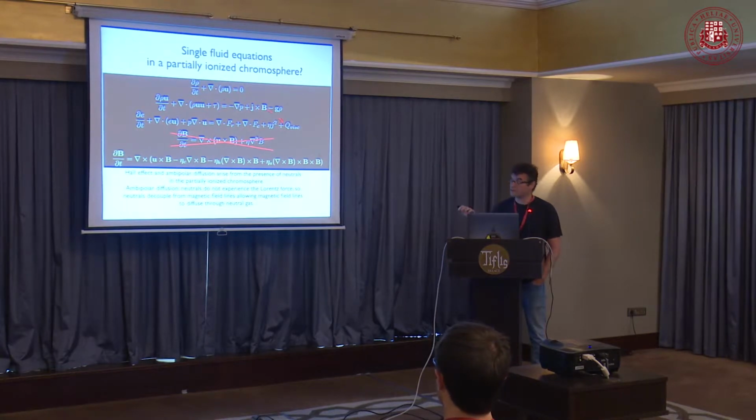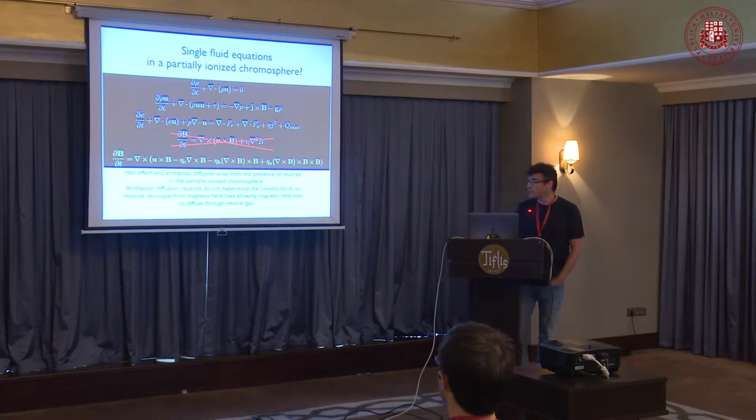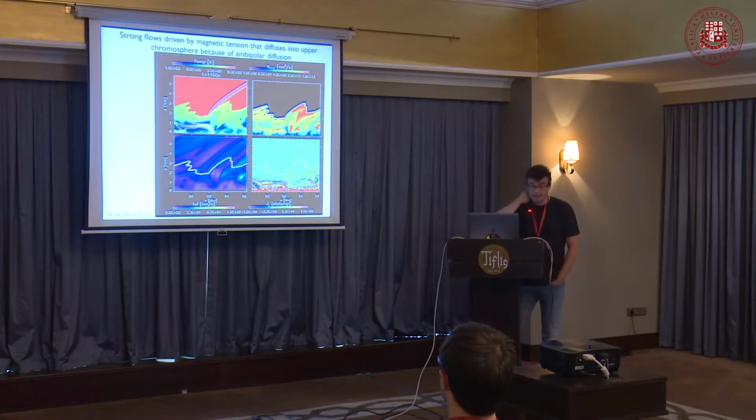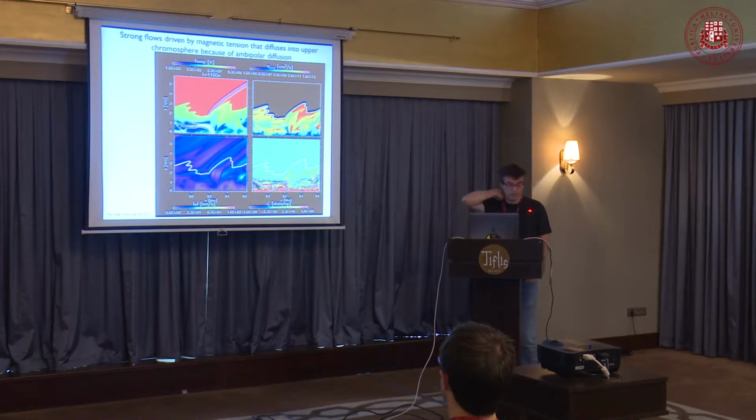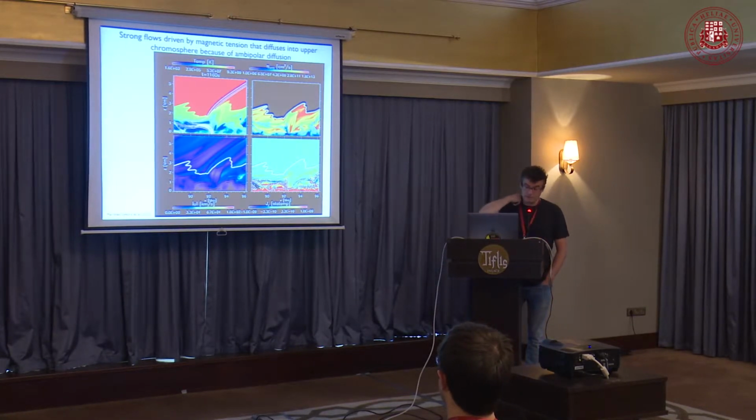This is still a single fluid simulation, but it incorporates some of the effects from the interactions between ions and neutrals through this generalized Ohm's law, through this ambipolar diffusion. What the ambipolar diffusion essentially captures is that the neutrals do not experience the Lorentz force. They couple by collision to the ions, but that coupling is not perfect, and that allows the neutrals to decouple from magnetic field lines and allows the field lines to diffuse through the neutral gas. And as it turns out, that plays a key role in the